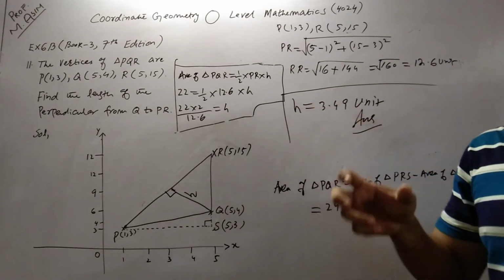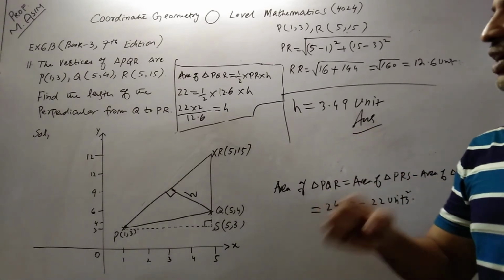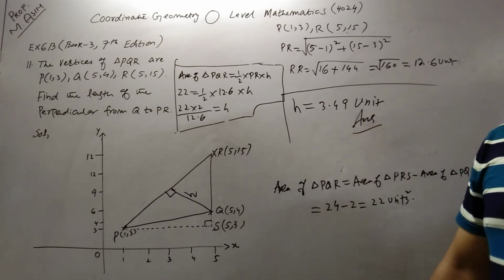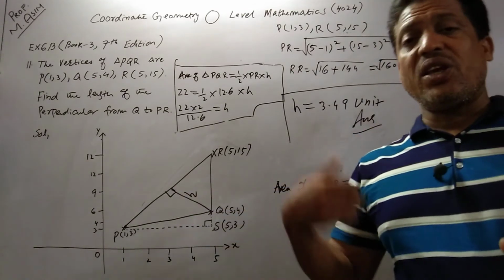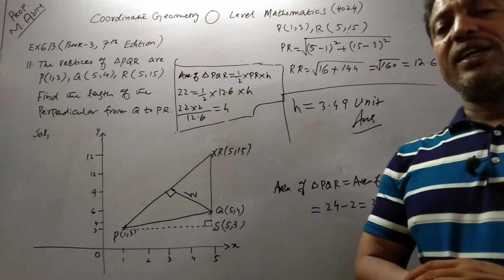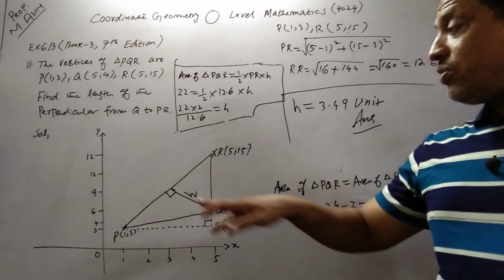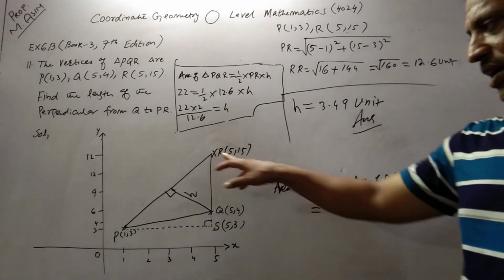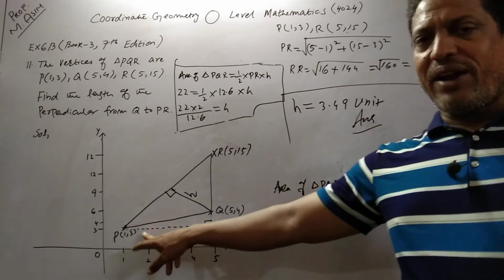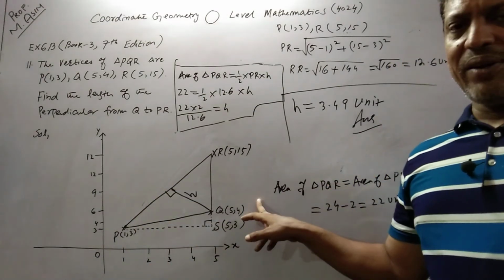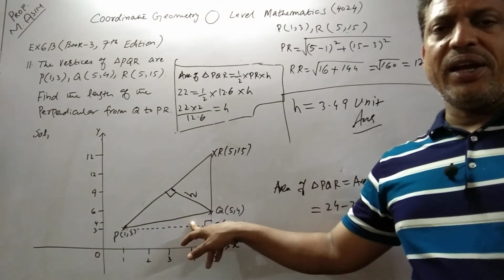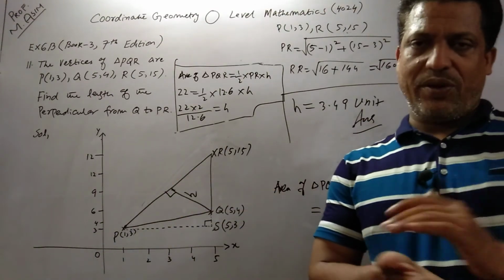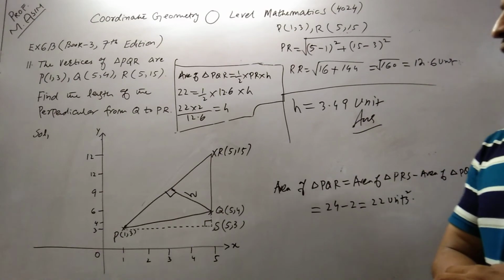In order to have full command of this topic, distance and gradient, and especially this, how to find the area of a right angle triangle, how to find the area of an isosceles triangle, and how to find the area of a scalene triangle. In this way, make the scalene triangle into a big right angle triangle, find the area of the big right angle triangle, find the area of a small right angle triangle, and subtract both the areas to get the area of the scalene triangle PQR. So students, I hope you understand.